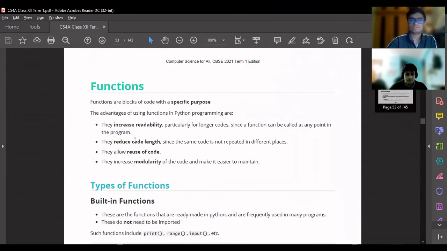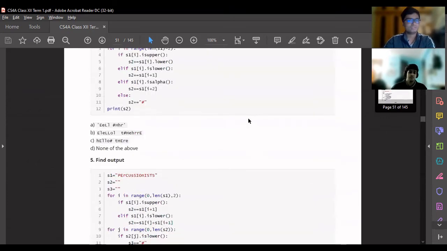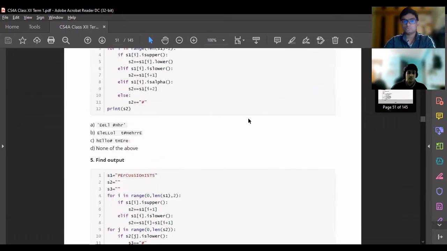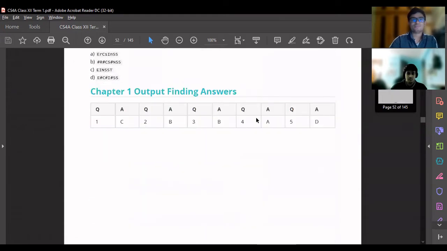Yeah, and this is, again, like I said, a good source of revision and studying, depends on how you want to use it. But more than anything, it's a great source of practice, since, like someone said, these questions are not found in any other book. So if you want, you can print them out and attempt them by hand on paper, and you will actually benefit a lot from it, because that is how the actual board exam will be conducted in the first term. It will be entirely MCQs.